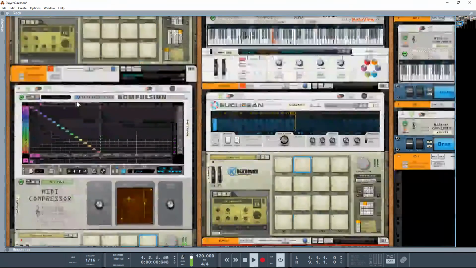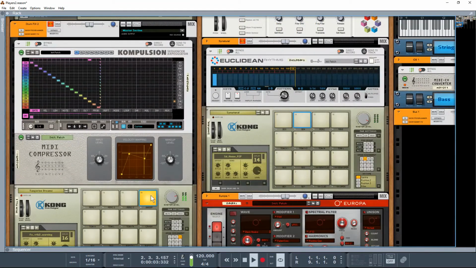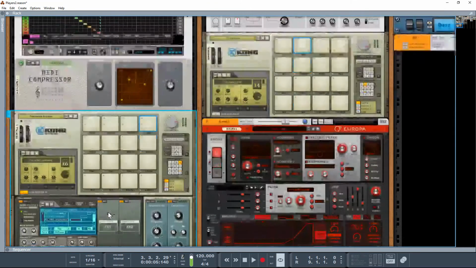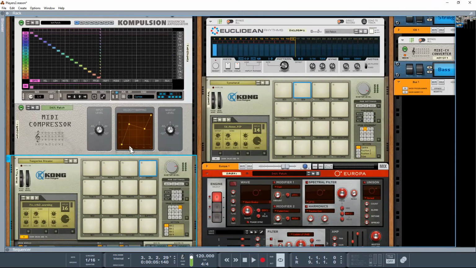What makes that interesting, if I come down to this one here, let me just stop that and bring that online. Here we go. As you can see, because I've got different layers going on within the Kong, I can come up with a different rhythm. I've got like three different layers there. Depending on the velocity, it depends what hits. I'm sending the same velocity, and the MIDI compressor is changing that for me. So that gives